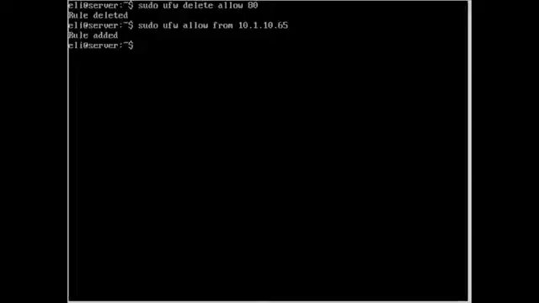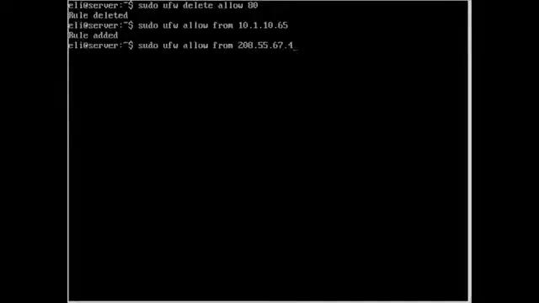Now let's say I have a computer at home, and I want to be able to access this web server at work for SSH. Secure shell is a way you can remotely control a server. So what I want to do is I want to say from my external IP address at home, I want to be able to access port 22. For that, all you do is you put in sudo ufw allow from, and now you put in whatever the IP address is. So the external IP address at home, I don't know, let's say it's